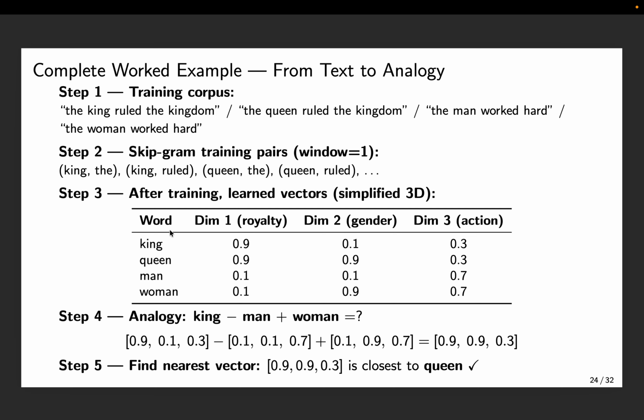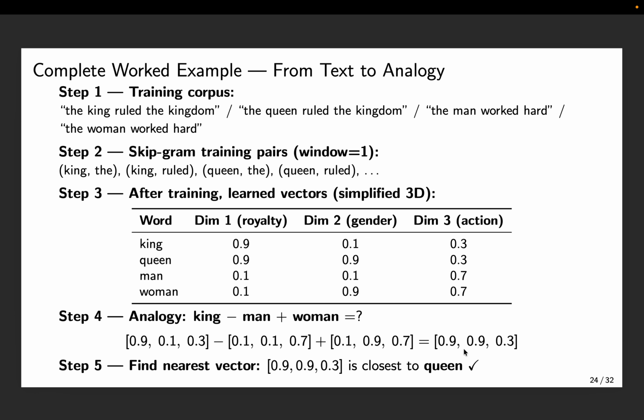Queen has 0.9, 0.9, 0.3, which is high royalty, high gender female, and medium action. Man will have 0.1, 0.1, 0.7, which is low royalty, low gender female, and high action. Woman can have 0.1, 0.9, 0.7, which is low royalty, high gender female, and high action. Now step 4 is to compute king minus man plus woman, which will be equal to